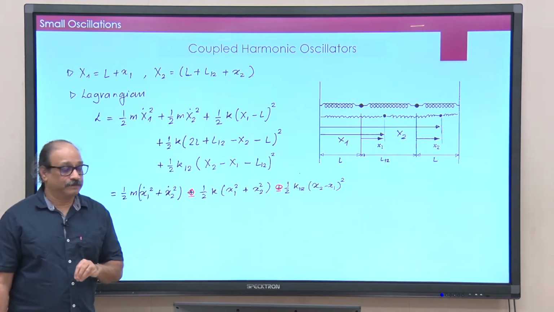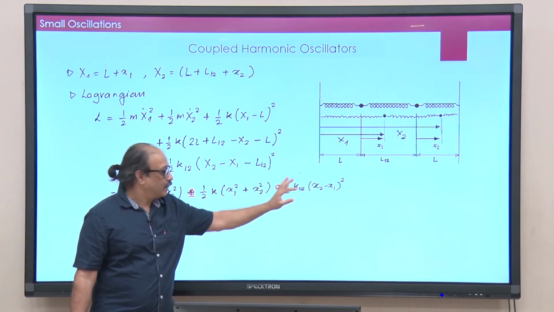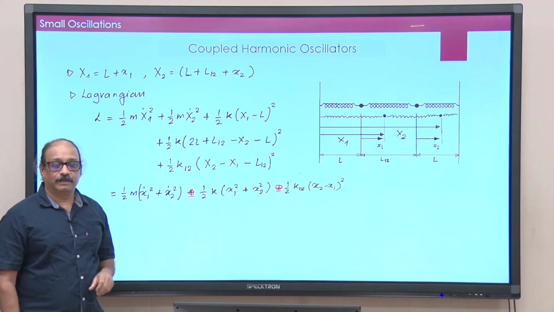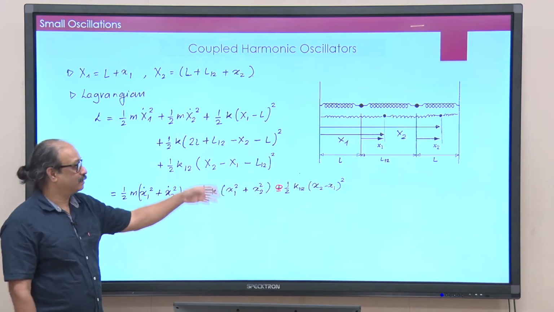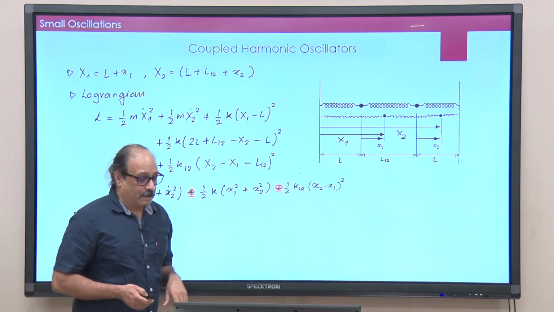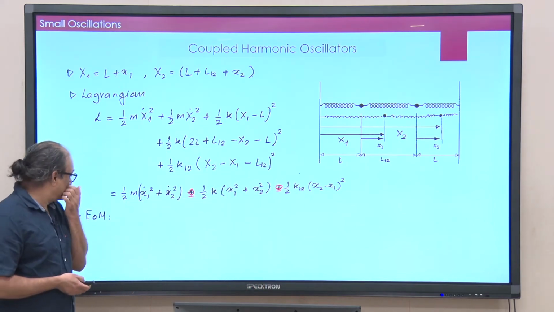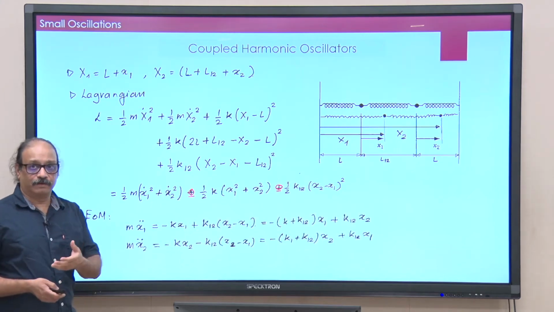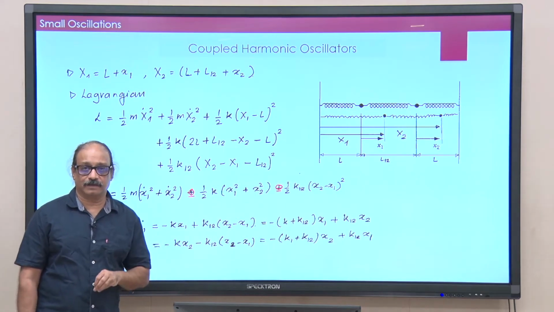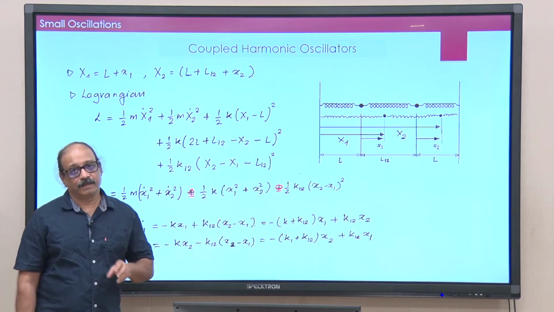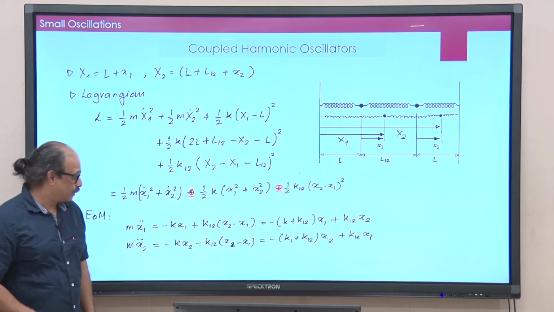Now, if k12 were 0, then of course this term would not be there, and then you simply have the two uncoupled harmonic oscillators, okay, and not surprisingly, because that is exactly what the geometry is. Now, the equation of motion can be constructed out of this Lagrangian, and we know how to write those by taking the partial derivative of L with respect to x1 dot, then d by dt of that must be equal to